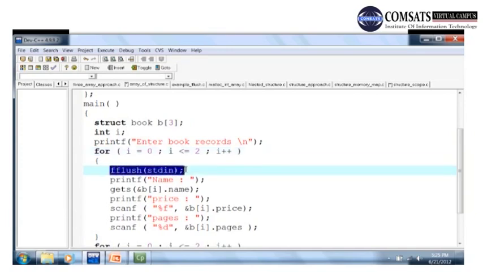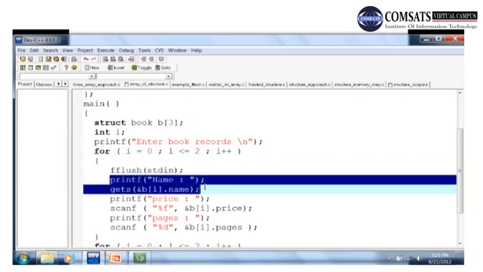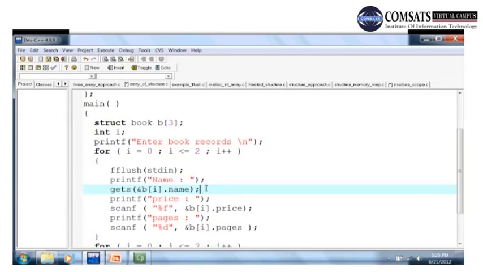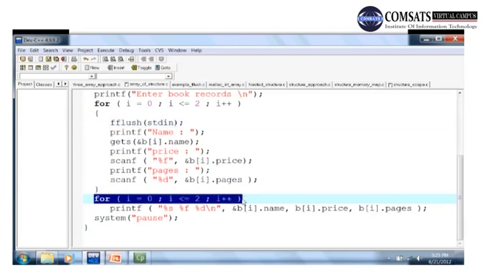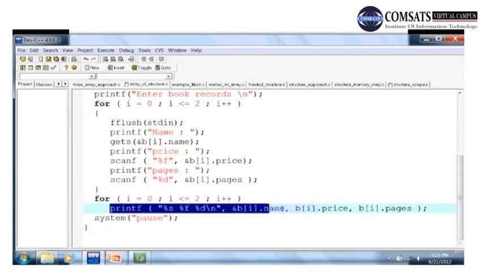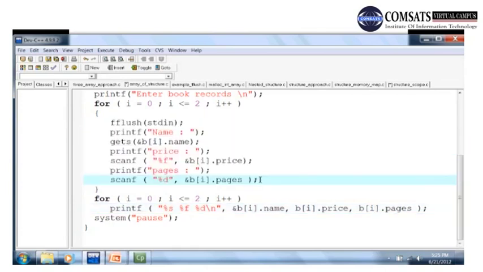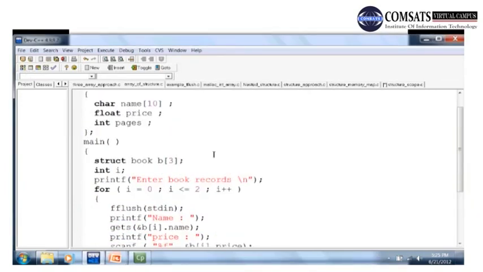So we have fflush stdin before. We put it at the start so that it flushes out this buffer, because this is a character array. To avoid any problem at any place, we flush out stdin in each iteration, right? And then this for loop also executes 3 times. We print the value which we have already entered in the earlier loop. Okay? Let's compile this program,